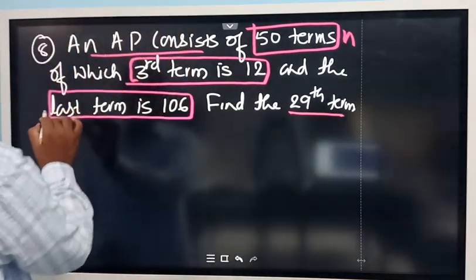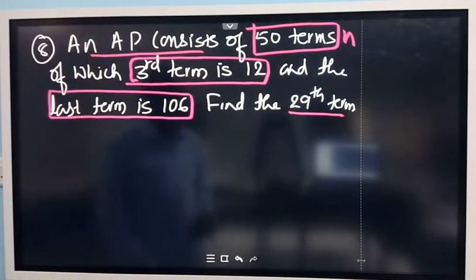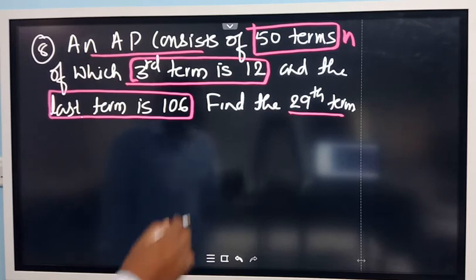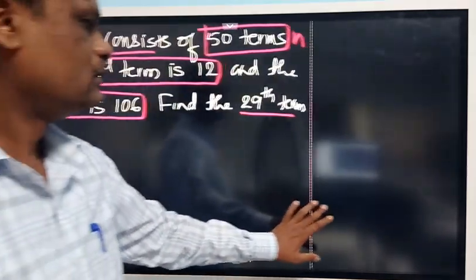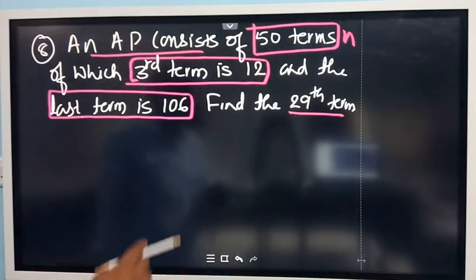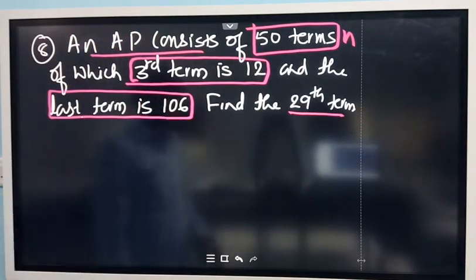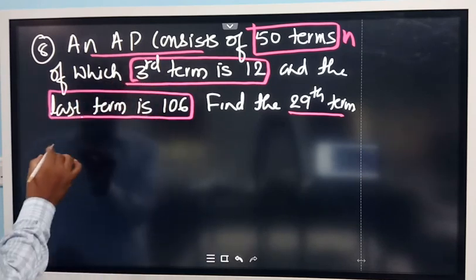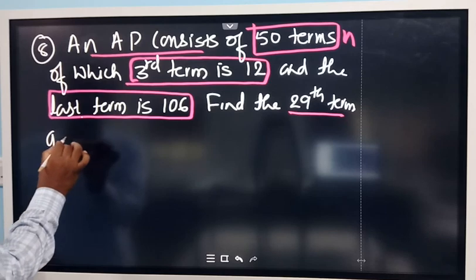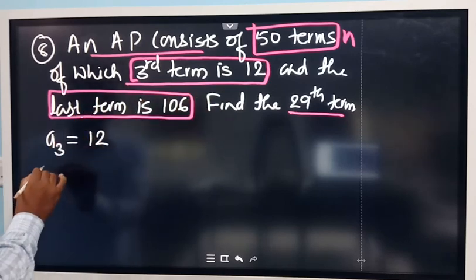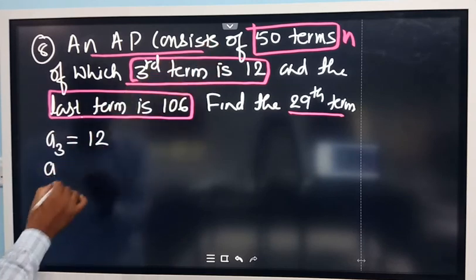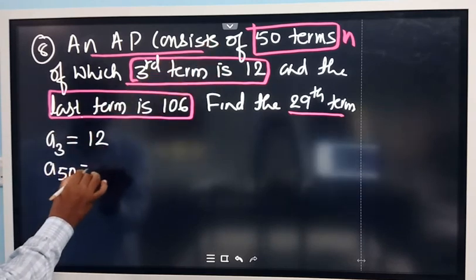Which term of that AP will be the last term? An arithmetic progression consists of how many terms? 50. Then this 106 must be the 50th term of the AP. Let us write the details here. The third term, we can write A3, is 12. And the last term, the 50th term, A50, is equal to